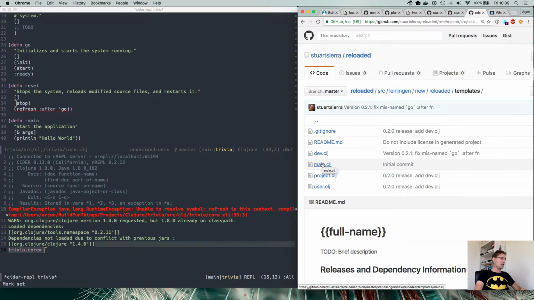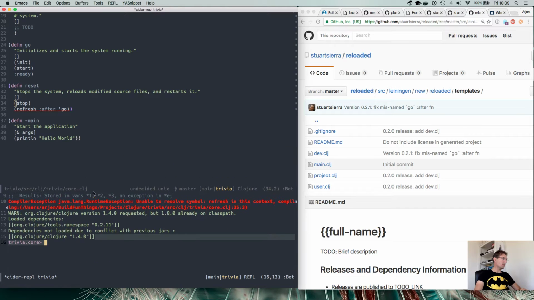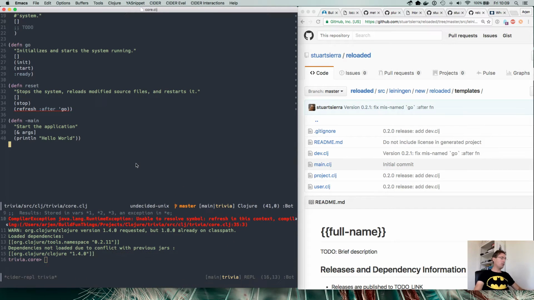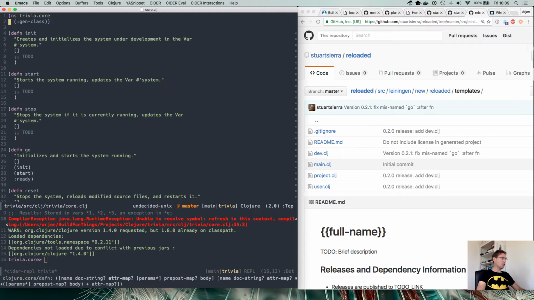Yeah, it's awesome. Everybody should use it. I understand not everybody wants to use Emacs for some reason, but